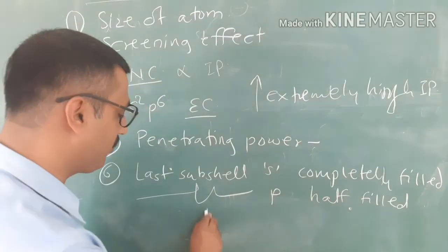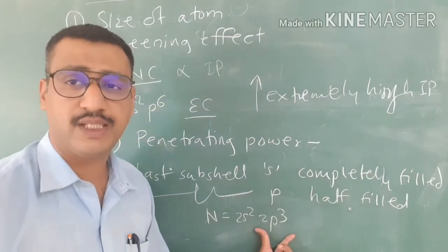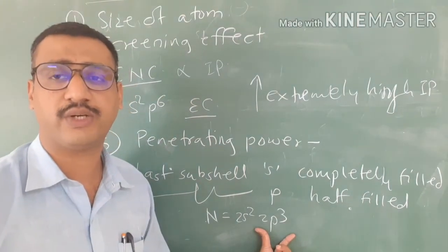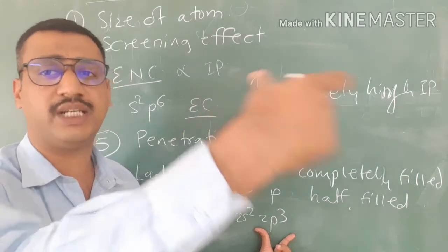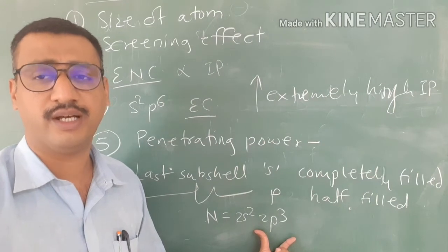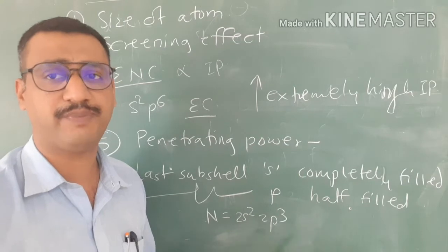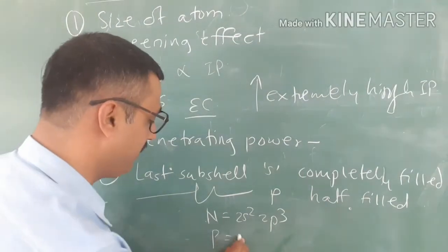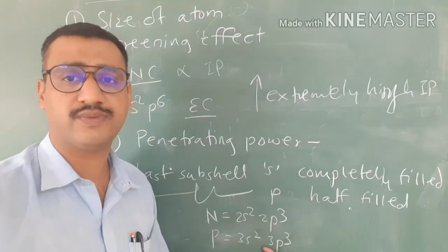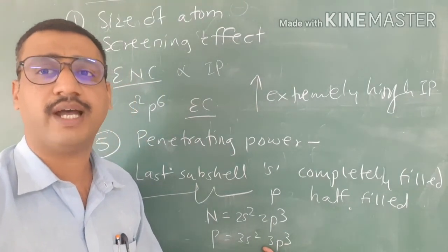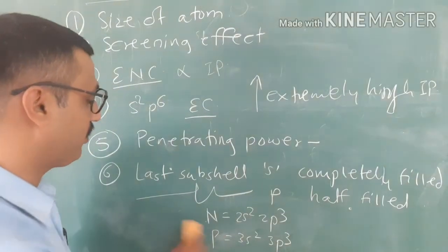So in case of nitrogen, we are seeing 2s2 2p3. So here the p subshell consists of 3 electrons, out of 6. So that's why more energy is required to remove the electron from the outer shell of nitrogen. Ionization potential of nitrogen is higher because of the half filled p subshell. Same is for phosphorus, 3s2 3p3. Here also the p subshell is the last one, the 3p subshell, and as it is half filled, ionization potential is more to remove the electron from that one.